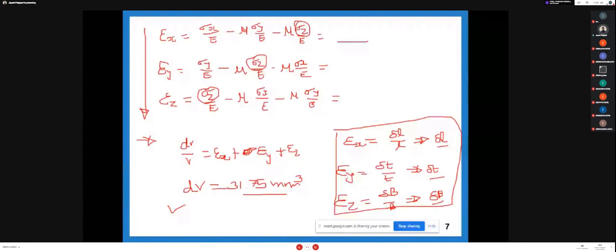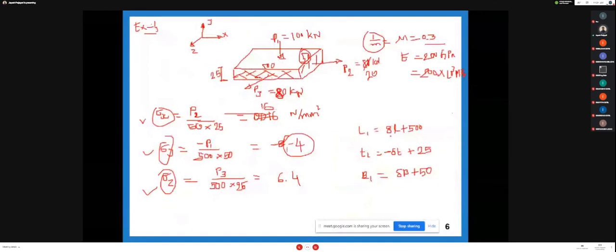So you have epsilon here, and the value of thickness T, so you can calculate delta T. Same way along the z direction, delta B upon B, and you calculate the delta B value. Now you have the changes in dimension, delta L, delta T and delta B. Now this change in length you can add to your original dimension. So 500 plus delta L, you get the new dimension L1. In thickness you can see that the compression force is given here.